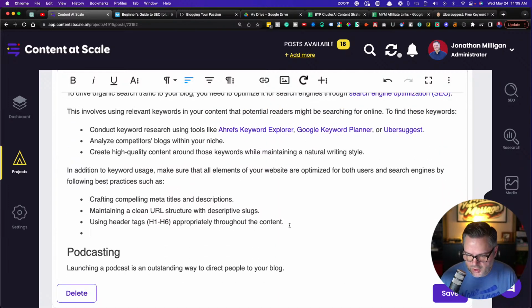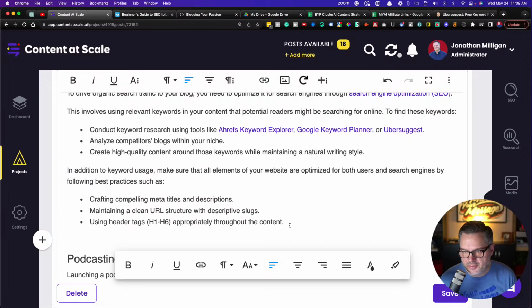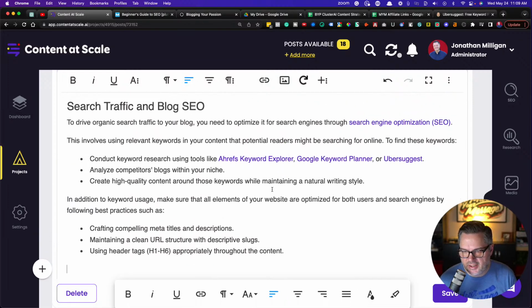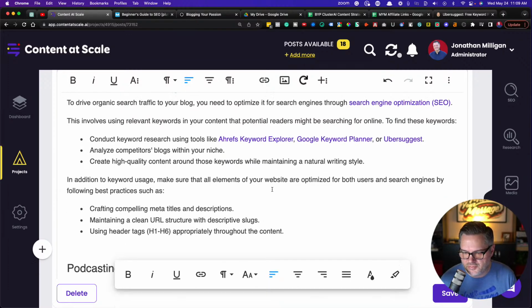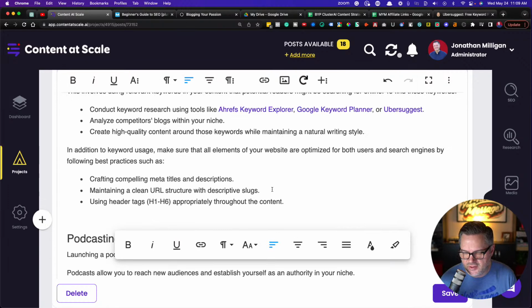Now, here's an example where I might say something, like when it's talking about search traffic and blog SEO here. Because it's going to go to podcasting next, I'm going to mention Content at Scale, which is, by the